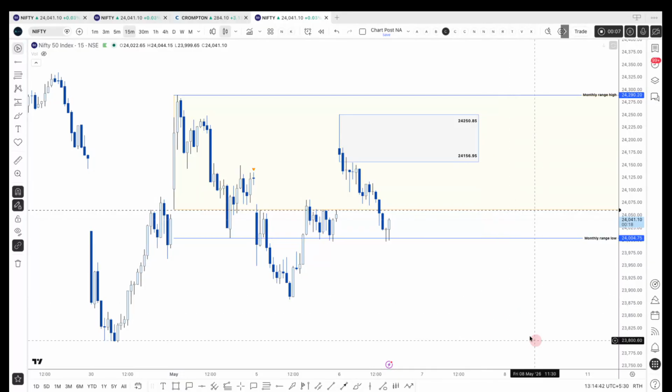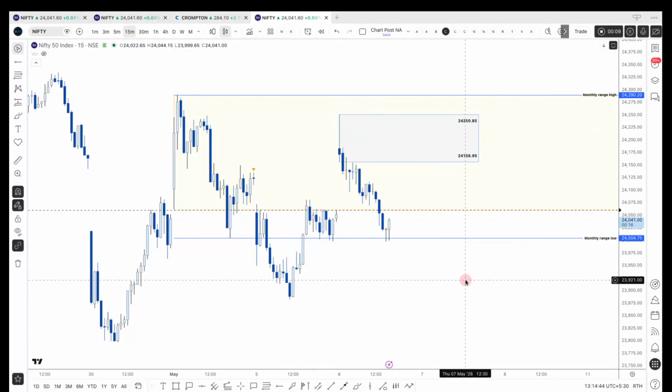This video I'm going to explain very quickly how the ORB is working right now. I'll make a detailed video later on explaining each and every aspect and unfolding many new aspects of ORB along with the liquidity sweep. But right now, just what exactly is the bias of Nifty?